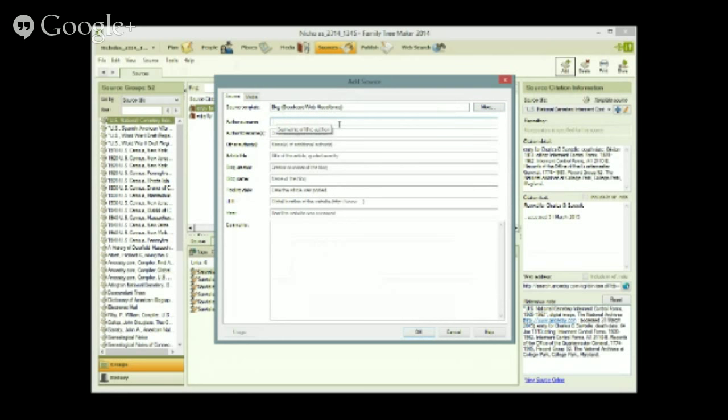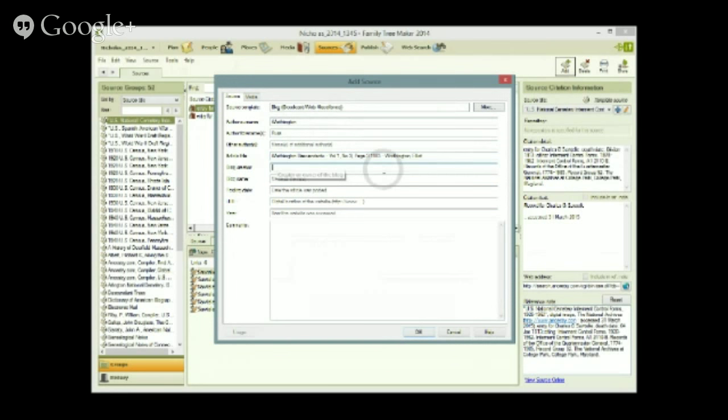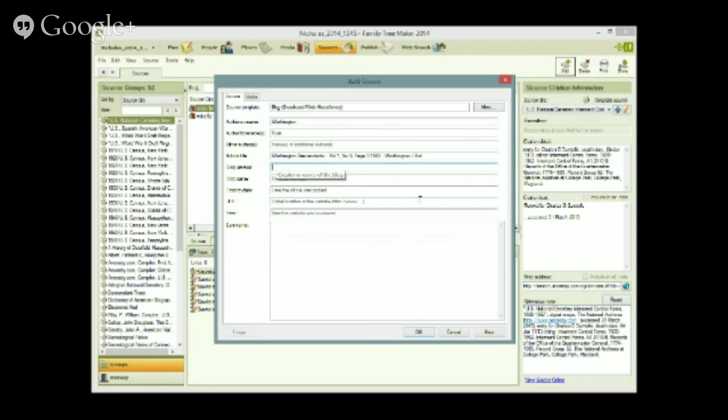It asks for the author's surname. It asks for the author's forename, other articles, other authors. No, there isn't. But then it asks for the article title. So I'm going to put the article title that's right there, and just so you know what I'm talking about, there is the article title. And who is the blog creator, blog name,